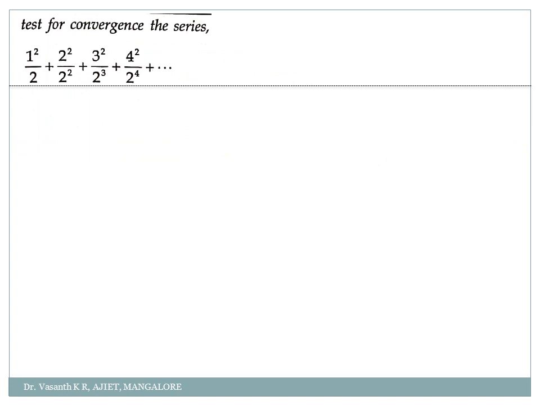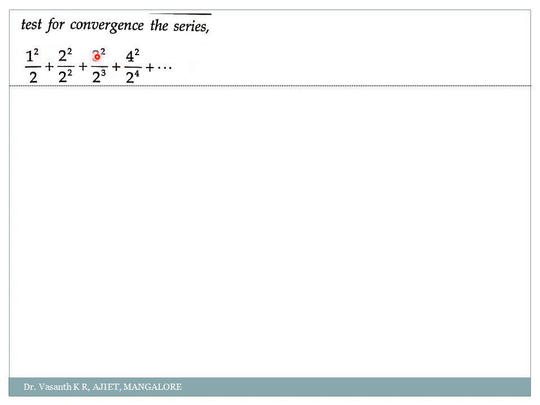Yes. First problem. See here. Test for the convergence of the series. Normally, whenever they give a series like this, it is always better to go for D'Alembert's root test. It means they have not given you un directly here, correct? In Cauchy's root test, they used to give me un directly, the summation and all. But here they have not given me the nth term, but they have given me the series. So if they have given you a series, what do I have to do? We have to write the nth term of the series.